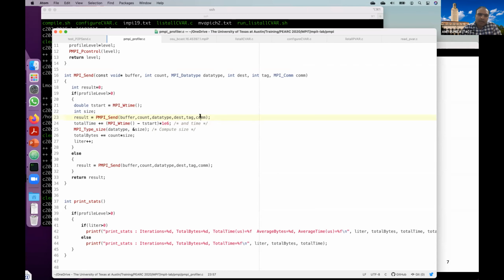So any profiling tool can also capture what data type was used in this particular communication, who the source and destinations are, what tag value was used, and also record the communicator information. Not very frequently, but sometimes you can also change the values of the buffer to trigger corner cases in your testing. So this is how a profiler can be written.